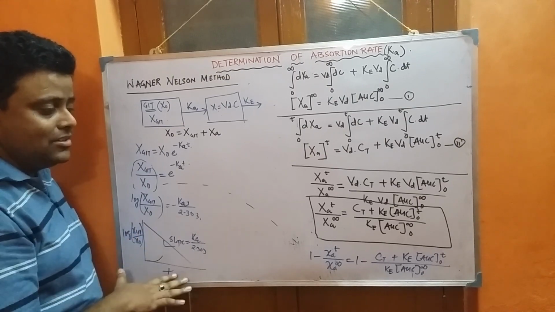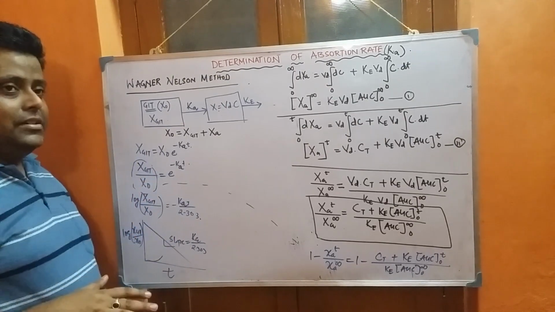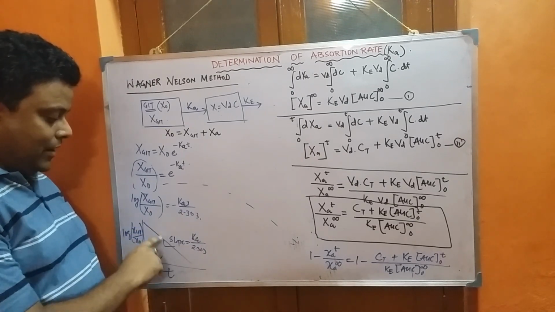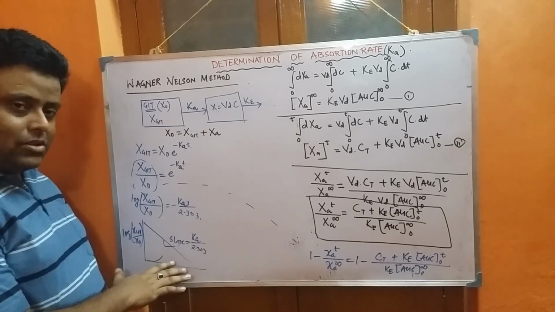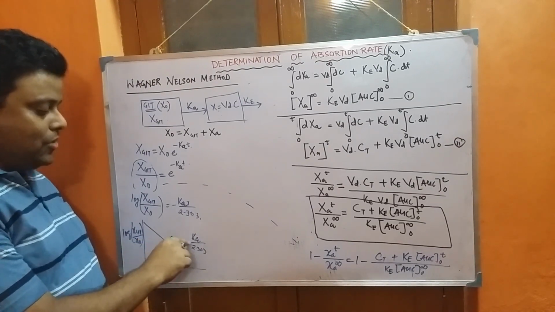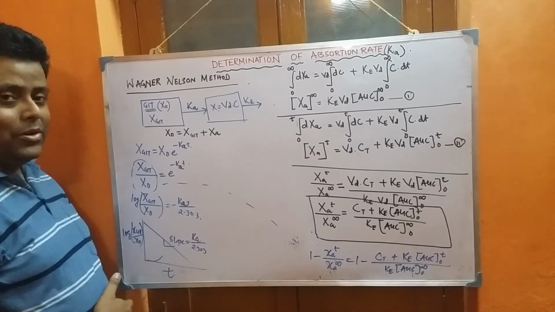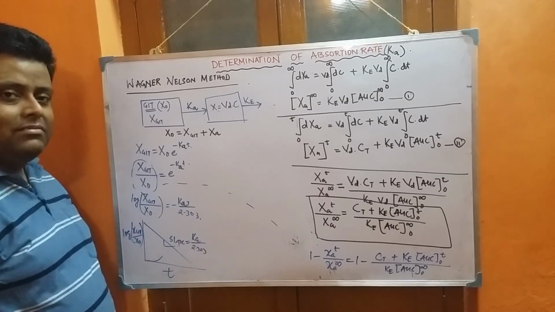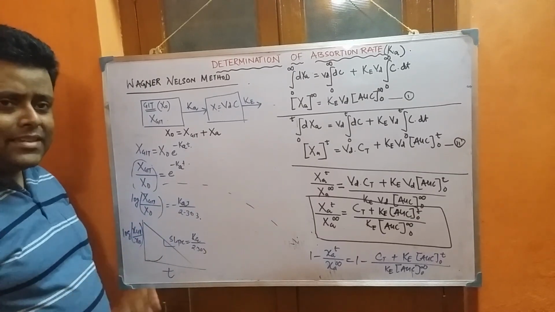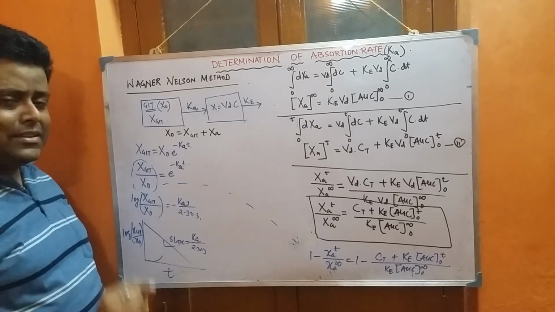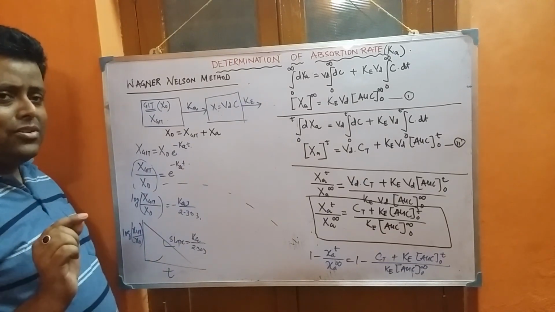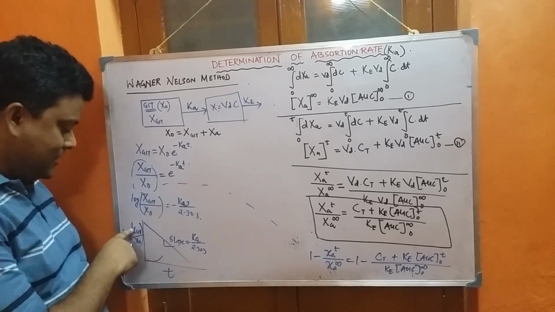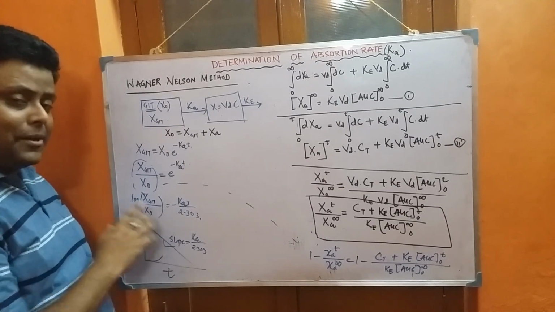So when you are getting this value, what you have to remember is that you are getting a straight line. From there you draw a slope. Get the slope value equal to k by 2.3. Now if this is a straight line, it is clear cut that you can say your absorption rate kinetics follows a first order rate process, a first order rate process, if you are taking the log scale versus time.